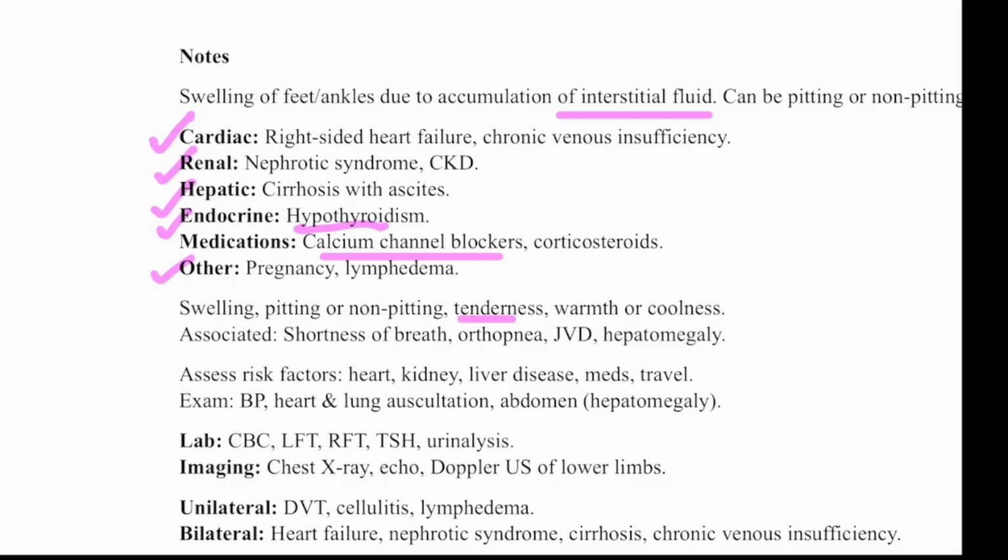So when you get a patient with pedal edema, most often you think about cardiac disease. The most important point to remember is cardiac disease. Pedal edema is always associated with elevated JVP, because the first sign in heart failure, right heart failure, is elevated JVP. So pedal edema without elevated JVP means it is very, very unlikely to be a cardiac cause. Second, pedal edema will be more in the evening in cardiac disease, whereas in